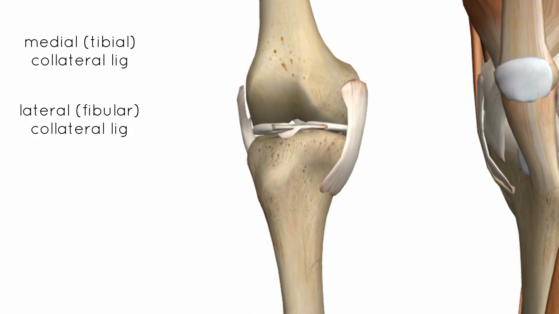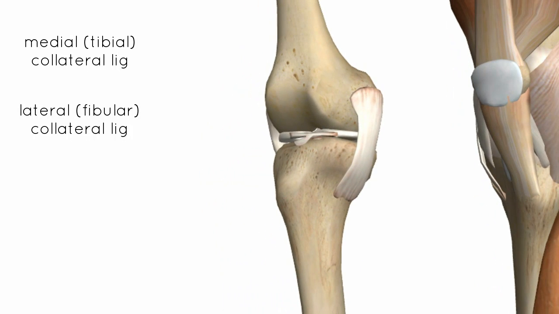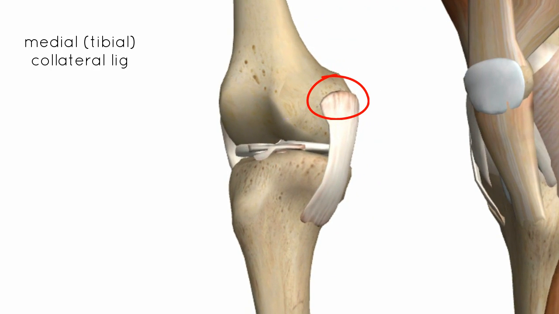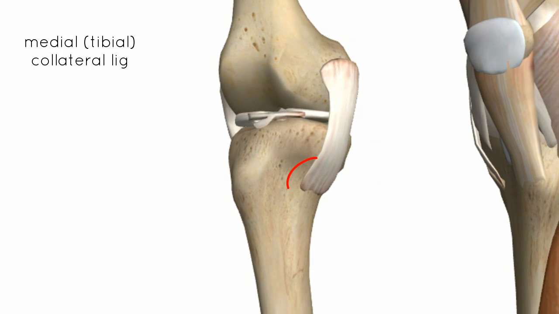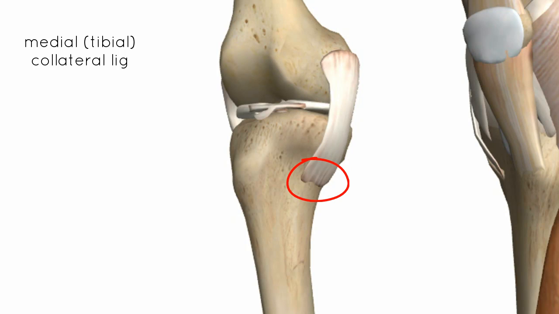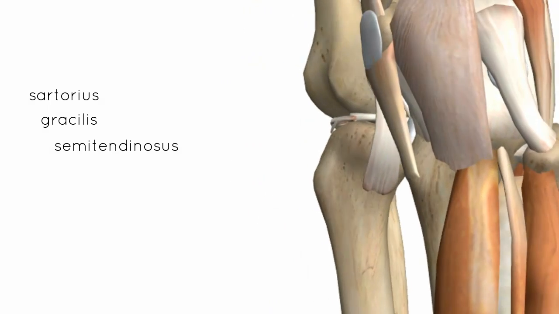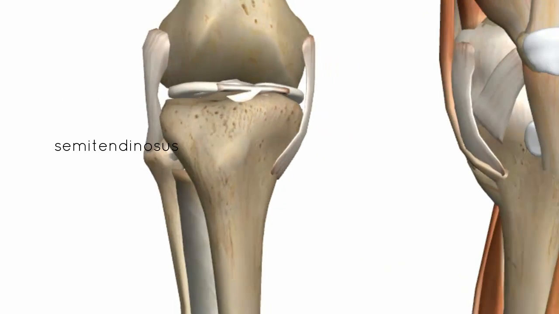So we'll take a look at the medial collateral ligament here, and you can see its proximal attachment on the medial epicondyle of the femur, and you can see its distal attachment on the tibia. So it attaches medially on the tibia just a little bit above the insertion points of the sartorius, gracilis, and semitendinosus. So if I just rotate the model around,